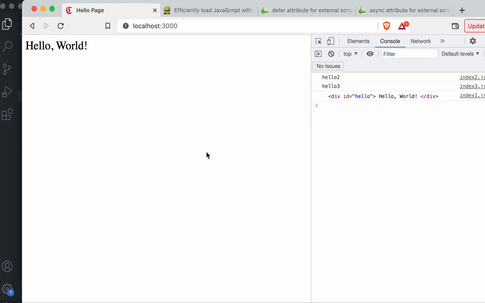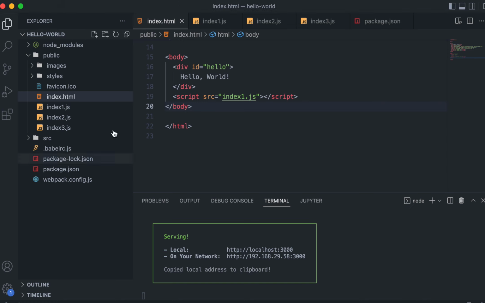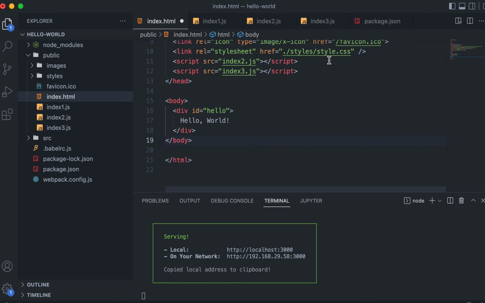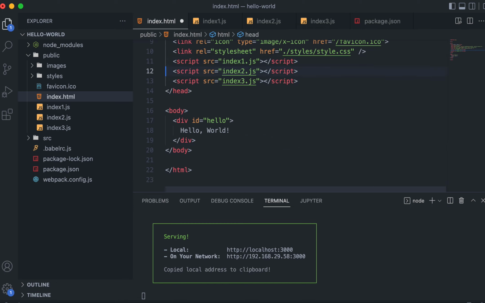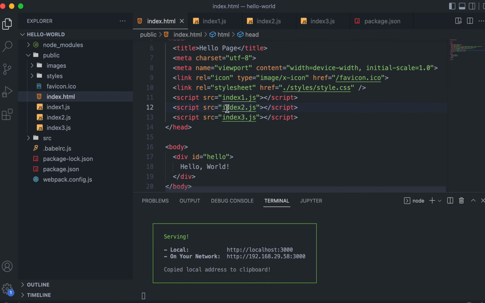then you can see that I'm getting that element properly, and that is because by this time the HTML parsing is done. That's why it is giving us the element. And when we are doing it here, in the head, then HTML parsing is not done, and that's why it is returning null. But if we provide defer,